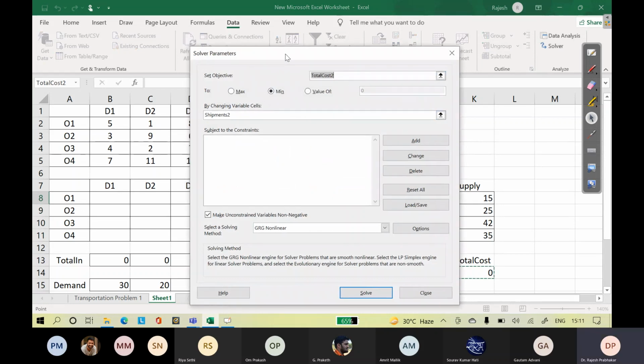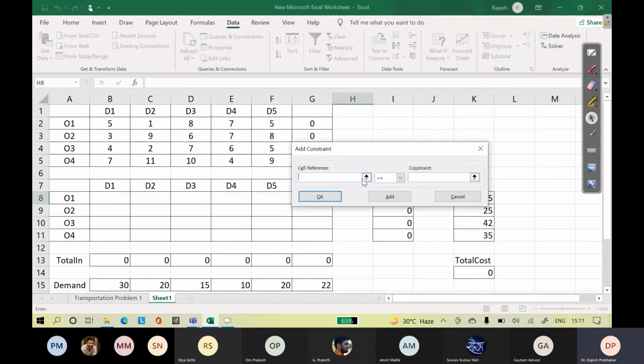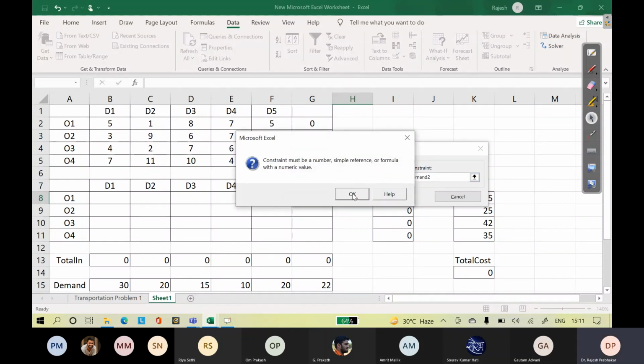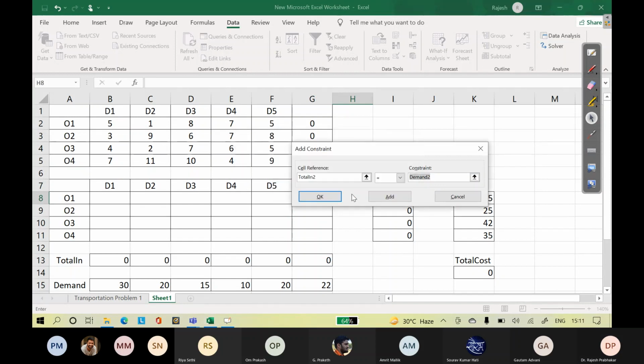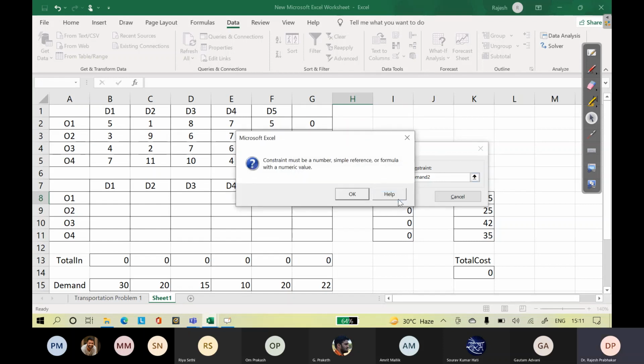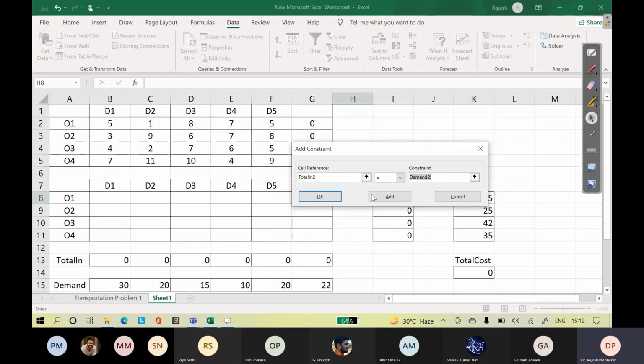Total cost minimization by changing the shipments, add constraint: total into equals demand. The constraint must be a number, a simple difference, or a formula with a numeric value.